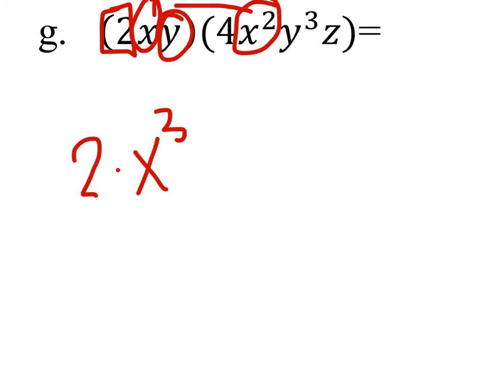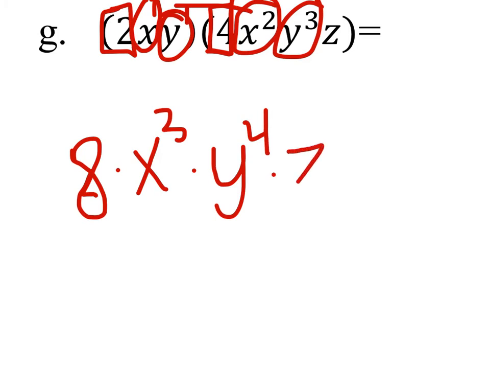Oh, there's a 4 over here as well, which you would add to the 2, right? Well, it's multiply. Oh, multiply to the 2. So that would be an 8 actually. And then you have 1 y over here and a y over here, which would be y to the power of 4